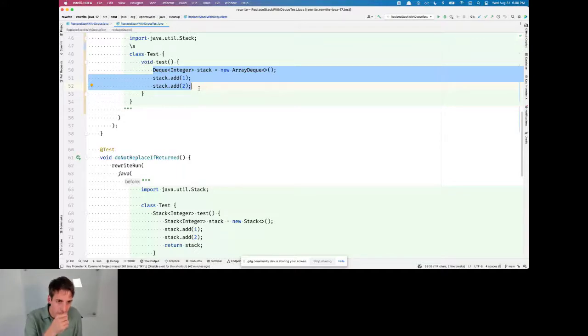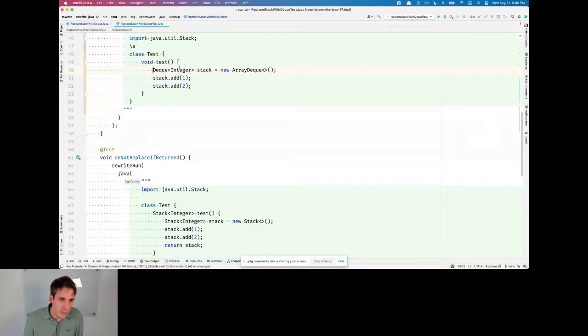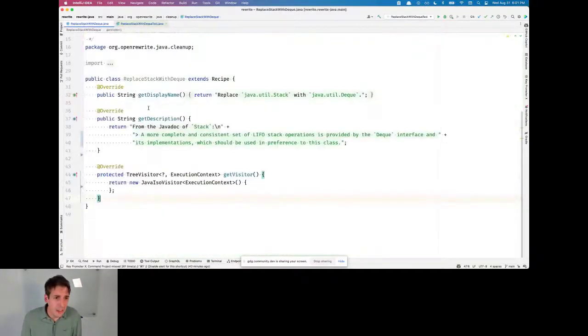that this is really the data structure that we want folks to use. So as we develop our recipe, we're going to be trying to find a way to say, let's look for creations of stack, but ensure that they don't wind up being returned at the end. And so this will, I think, demonstrate some other interesting capabilities. So let's go over to the recipe now and look at what that looks like.